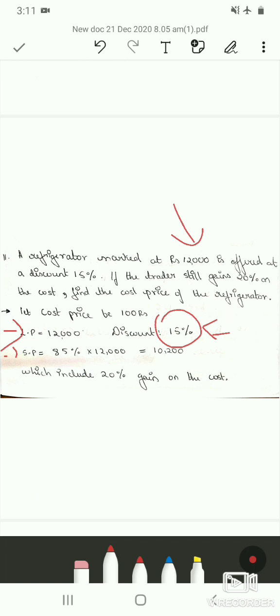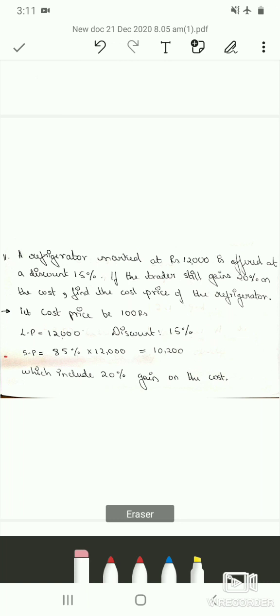Whatever answer we get, we have to subtract it from the marked price. So again we'll get the net price or the selling price as 10,200. Or subtract the discount percentage from 100 and multiply with the list price. Therefore the selling price is 10,200, and they have given that the trader still gains 20%, that is he has